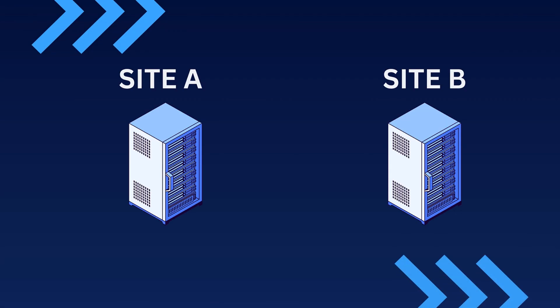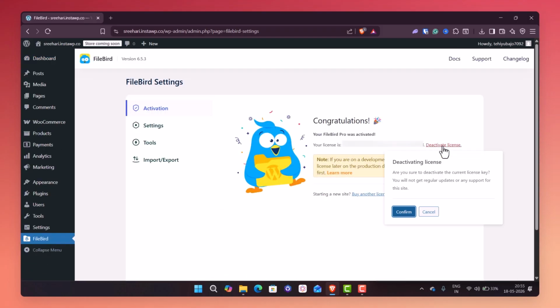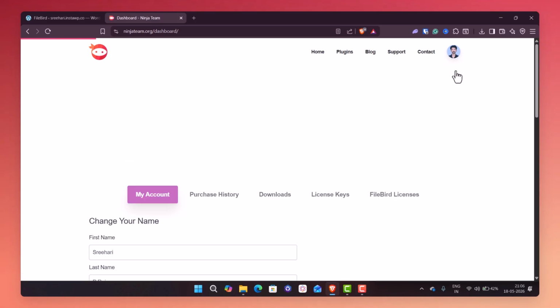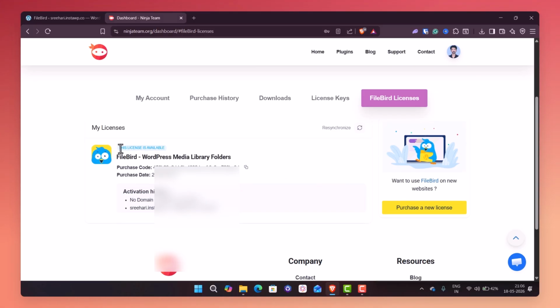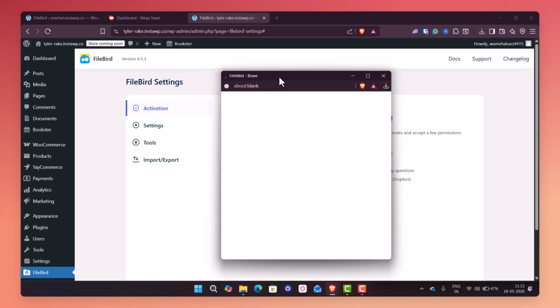Another question most people have is how they can transfer the license from Site A to Site B. This is also a simple task. To do this, you can log into Site A and deactivate the license key. Once you have deactivated the license, it should be free. You can verify the same by visiting the Ninja Team dashboard. As you can see, the license appears to be available. Now, you can go to the Site B, upload the FileBird plugin file, and complete the license activation as we